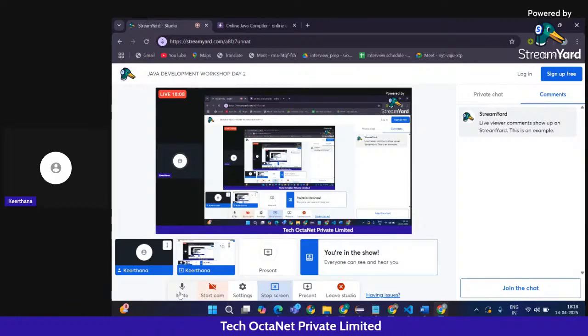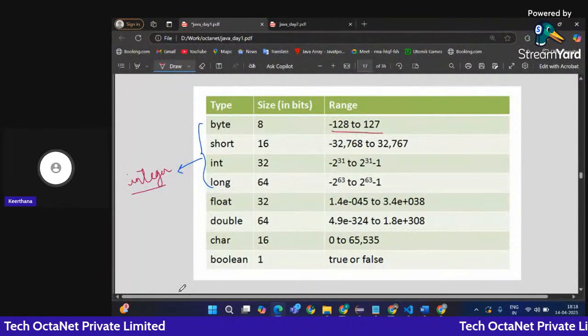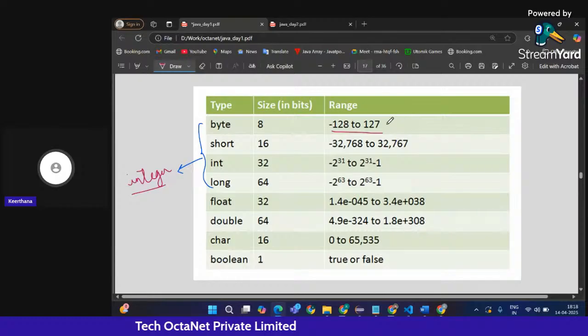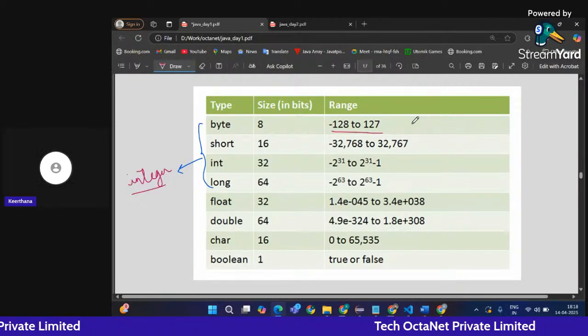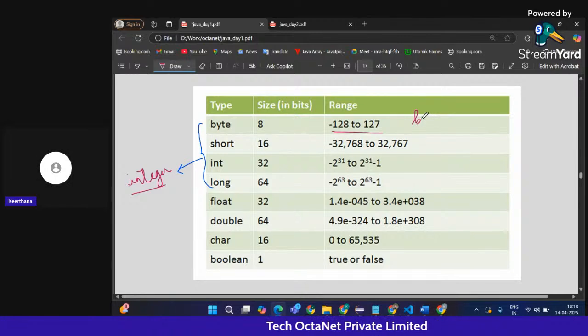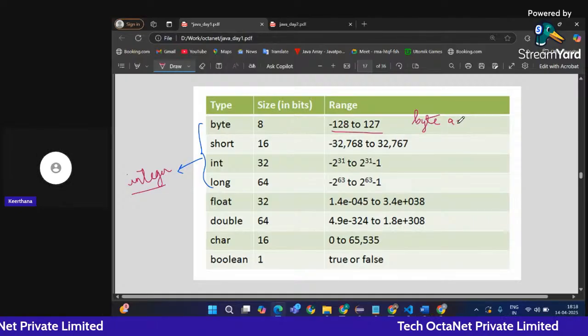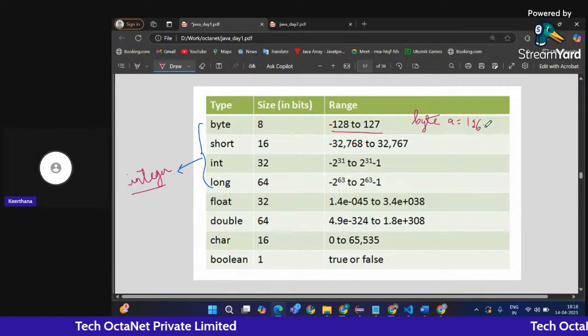Yes. So if you're going to store an integer value, and its range lies somewhere between -128 to 127, then instead of writing int a = 126, you can write byte a = 126. It actually saves your memory,